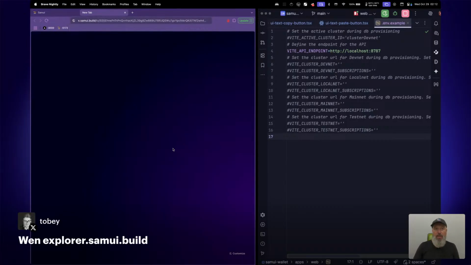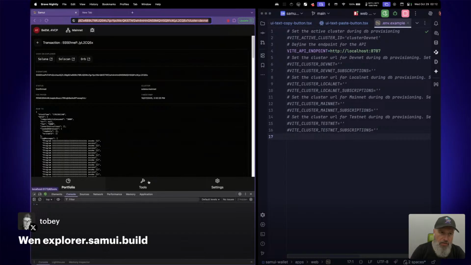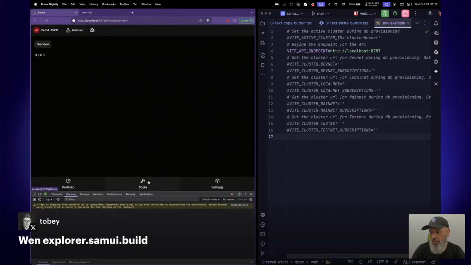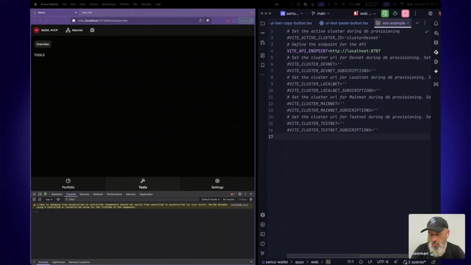Anyway, I digress. What I wanted to do today is look at the tool section. And this tool section is added today because we need to show the judges why this wallet is different than any other wallet and why it is a great tool for developers. So